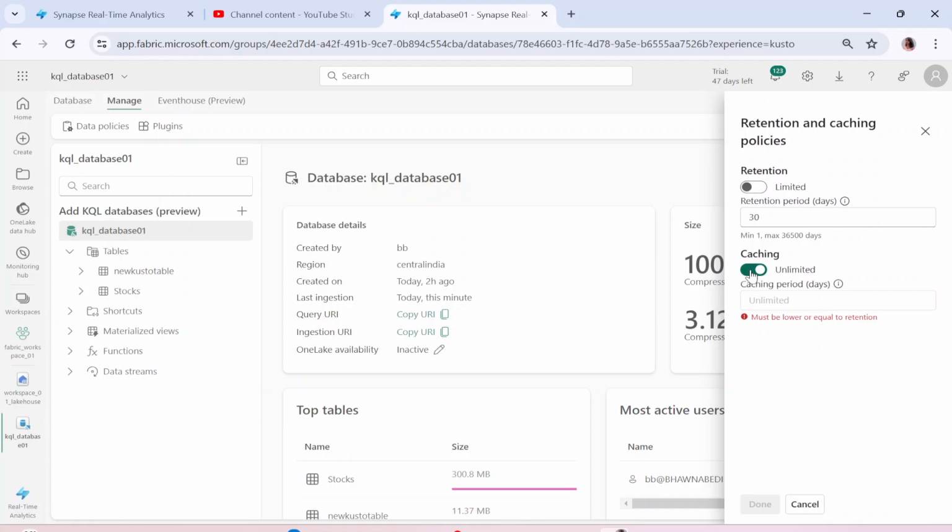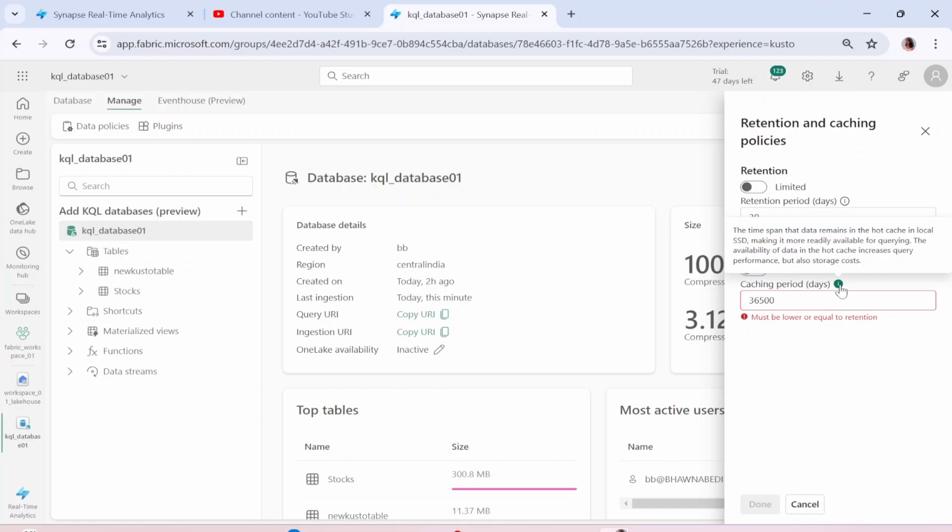So you can keep that, and similarly caching. Everything is cached over here. If you look at the I button, it is the time span that data remains in the hot cache, in the local SSD, so that you can query it really fast, for your performance. So that period is over here.